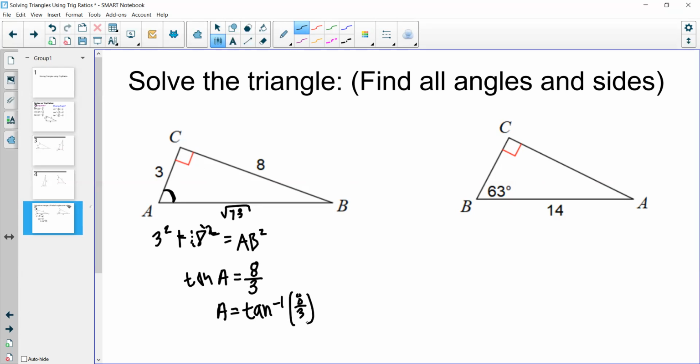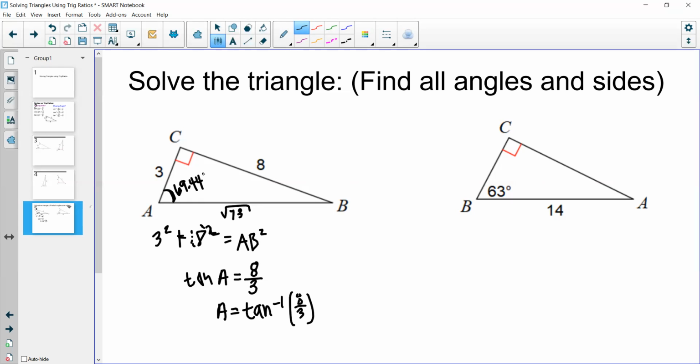So let's figure out what is the inverse tangent of that. Well, if I do the inverse tangent of 8 over 3, I end up getting 69.44 degrees. So this is going to be 69.44 degrees. Now we can use another inverse trig function, or in this case, we can actually use the idea